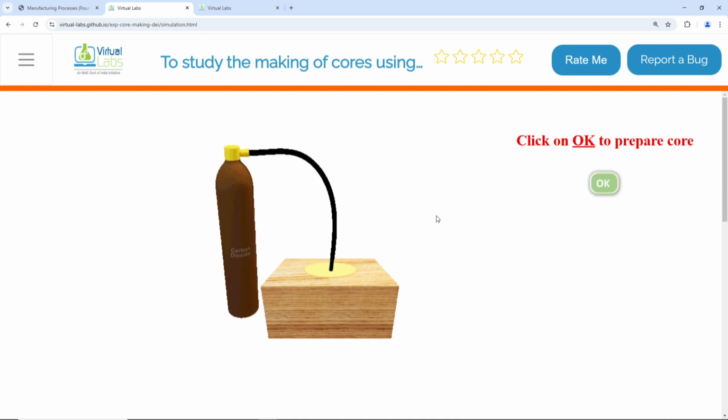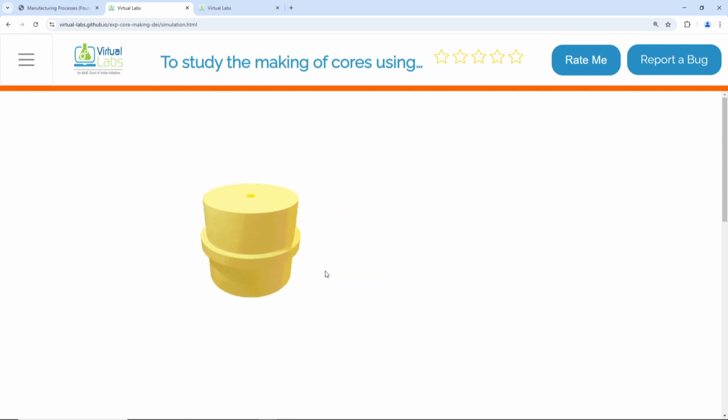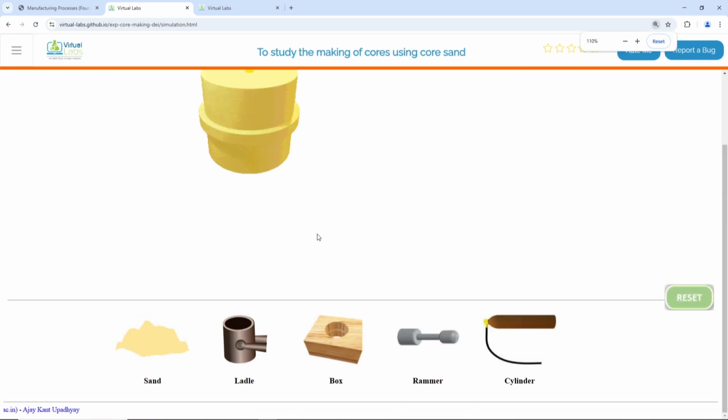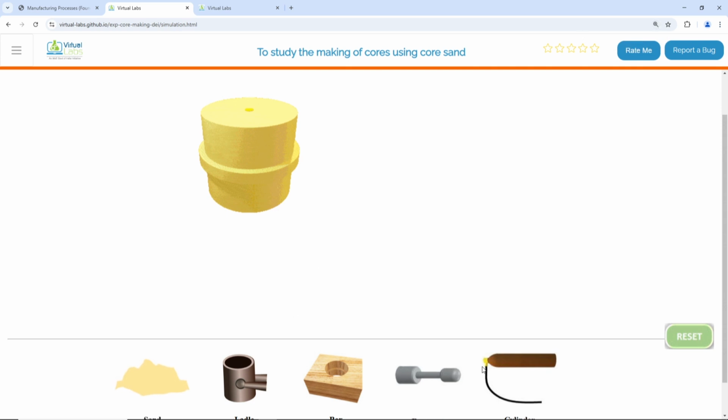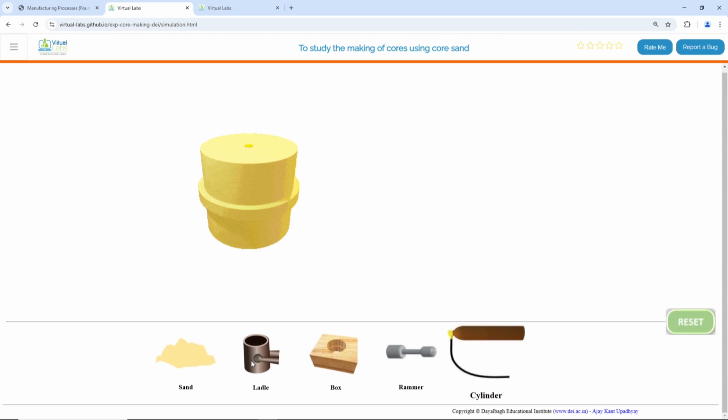When the carbon dioxide is pumped in, it strengthens or hardens the sand cores, and within 20 to 40 seconds, it cures the core completely. Cures means the core is ready to be used. So now I'll click OK, and using a rammer, I'm ramming it from outside, because this core is to be now removed from the core box. It is rammed from outside. Now you see here the core is removed. So this is ready. Just to show you once, if I zoom in, all these steps are here. It is also showing what material or equipment is being used here.